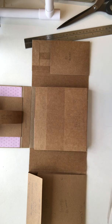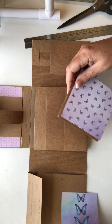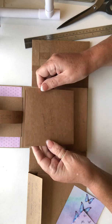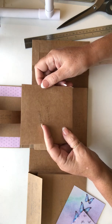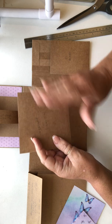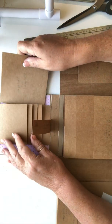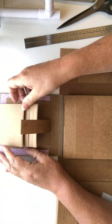The first one, this is my belly band booklet that I'm going to do, and I've made this 5 by 10, and then simply scored it down the middle of the 10, folded it in half to make it 5 by 5. So that's 12.6 by 25.4 centimetres. Fold it in half along the 25.4, and this will fit in your belly band and stick out decoratively either side, because that will be covered with some lovely paper